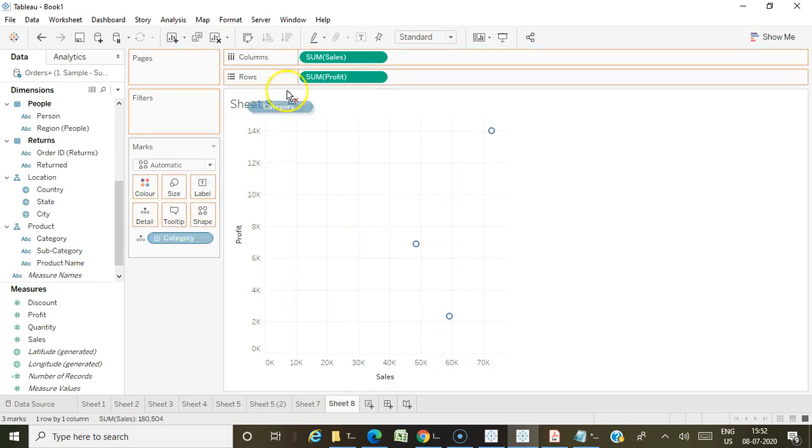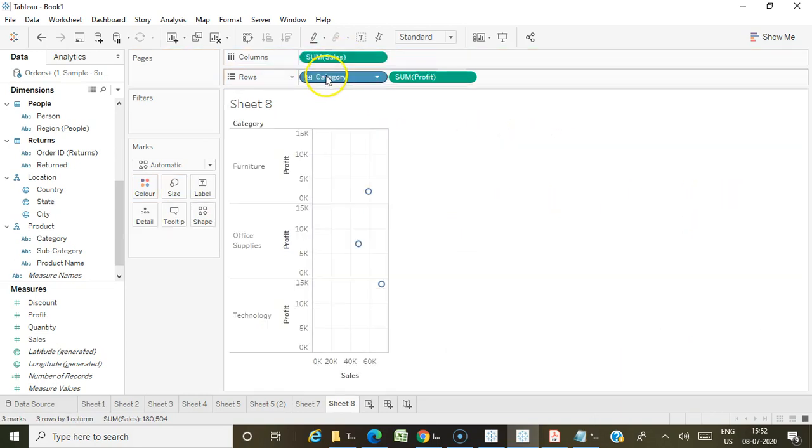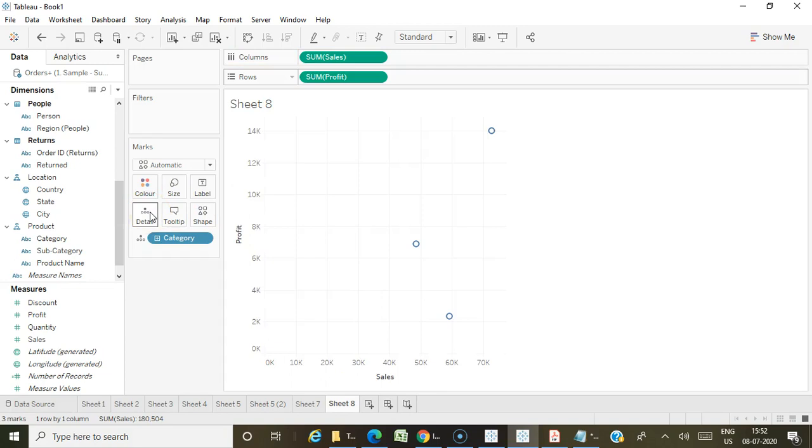If you drag it to the rows or column section, you will get the values on the individual scatter plot. But I want to see the relation. A scatter plot is mainly used to find the relation between these two variables, right? So in those cases, I have to use my dimensions only on the detail section.